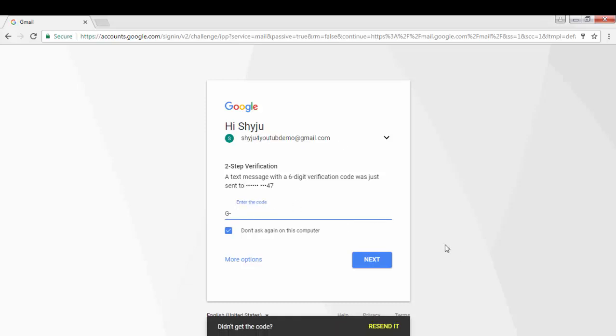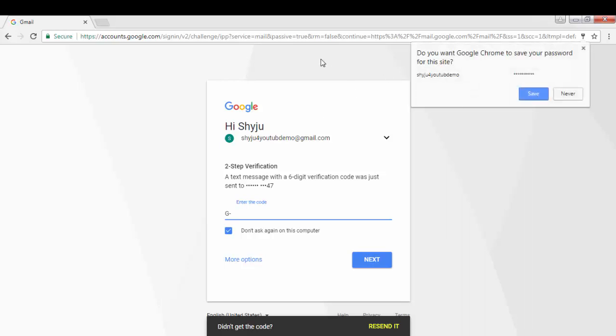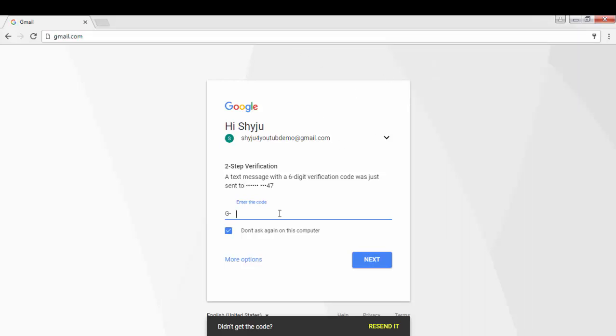Now let's see how to access your Gmail account even if you lose your phone or if the phone is stolen. So I'm giving my code, which I had received from Gmail. Now see here, if you click on this "do not ask on this computer", then Gmail will not ask you to enter the code every time you log in from this device, this laptop or computer which you are using right now.